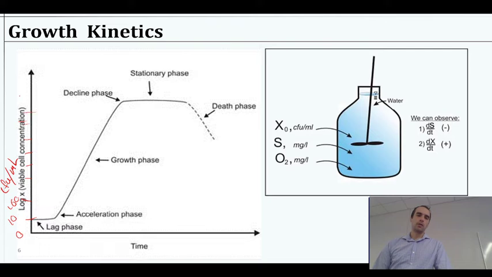And so if we plot that over time, and let's say this is probably hours, typically something like 24 hours around that time frame, we can see what's going to happen. For the first few hours, we have a lag phase. Nothing really interesting happens. That's typically about 3 to 4 hours. Nothing really happens. The bacteria have a new environment. They don't know what's going on. They start realizing, oh, there's some food here. Maybe I should,